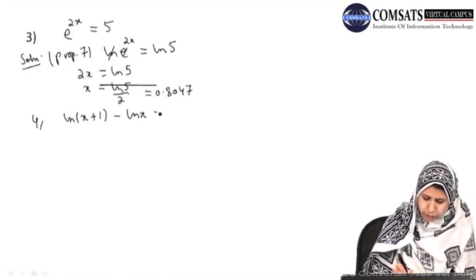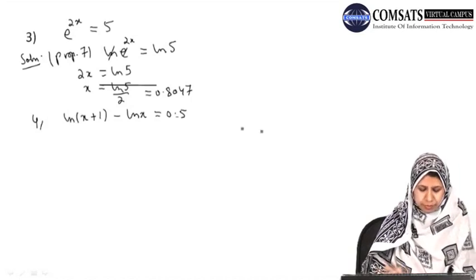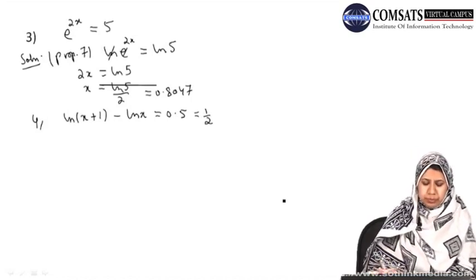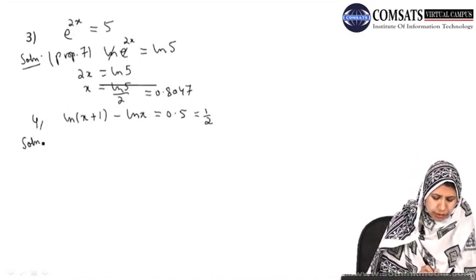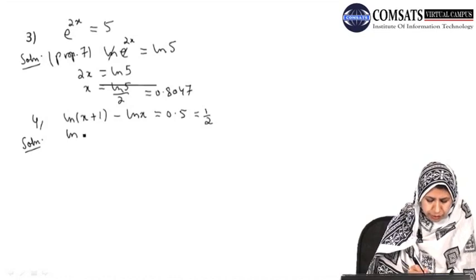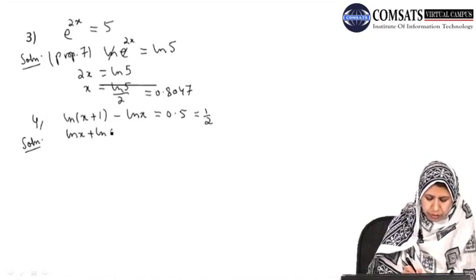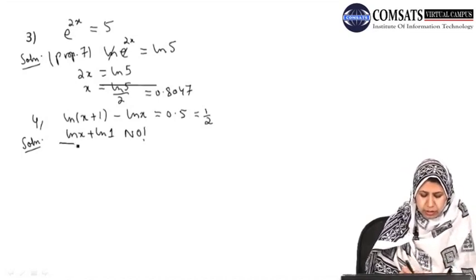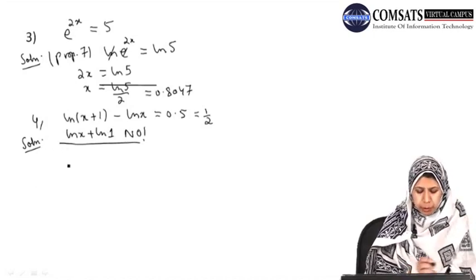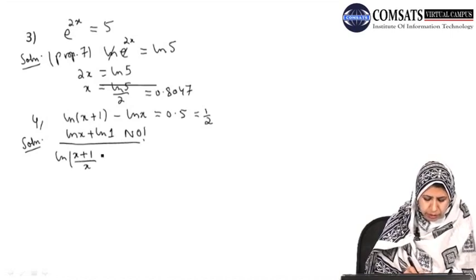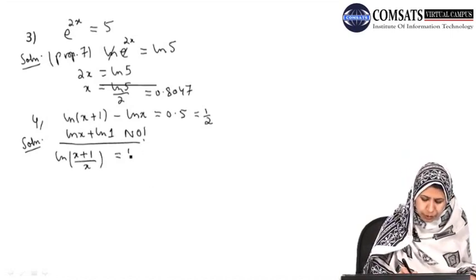One more example. We are given natural log of x plus 1 minus natural log of x is equal to 0.5, which is equal to 1 by 2. Now here we have one term as log of x plus 1. Can we write it as natural log of x plus natural log of 1? No, this is not correct. We will use the ratio property and simplify the left hand side as natural log of x plus 1 divided by x is equal to 1 by 2,